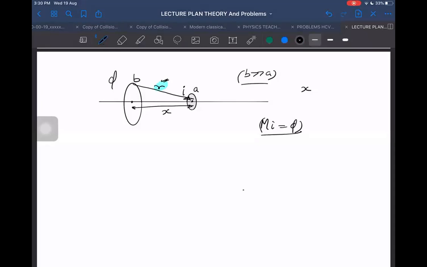So first of all, although they are giving current here, should I take the current here? No, it is not easy for me to find out the flux in the bigger one due to the smaller one. But it is much easier to take the current in the bigger one and find out the field here. Even this is not easy, since finding the field at all the points in the smaller ring is hard. But these points are so close to each other that I will approximate. I will say that the field is the same at all the points in this region, whatever it is at the center. I know it is not exactly correct, but it will still be approximately correct.